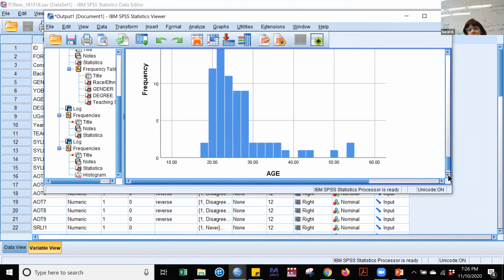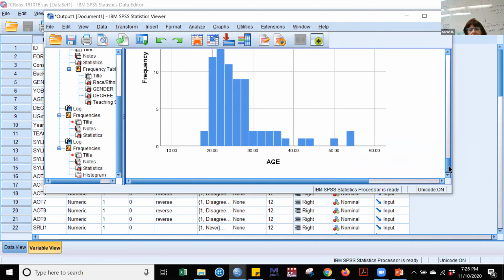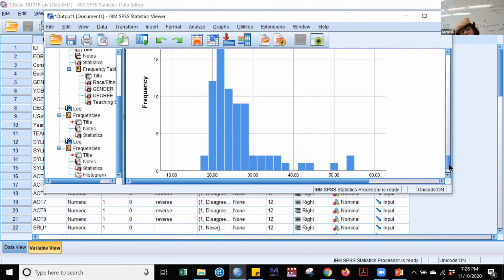So there's my histogram, and I see, just as I suspected from that value of 53, that there are a couple of advanced ages that are skewing the distribution,